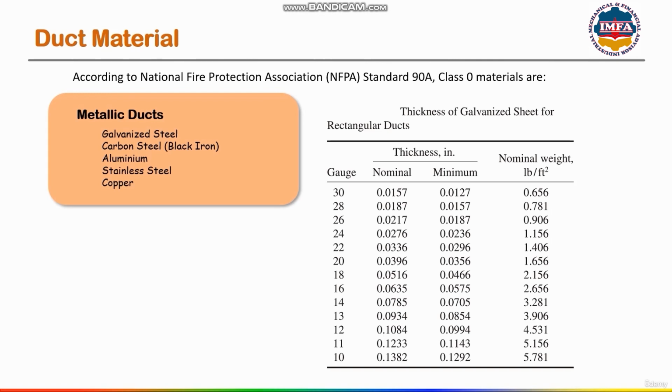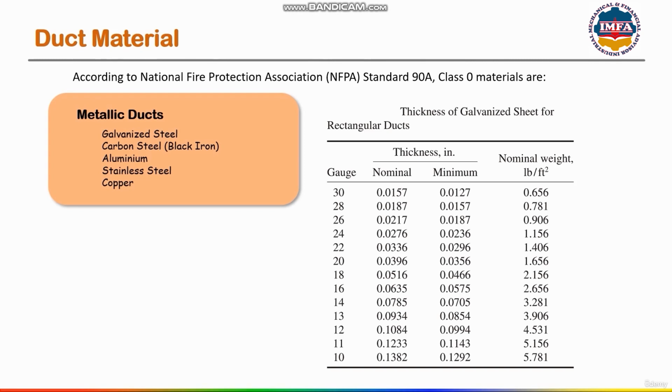Over here, this is nominal weight, meaning the weight of the duct material used for duct construction. Exactly, if you see, this is not weight. I want you to pause your video over here and try to figure out which quantity this is. Alright, considering that you have tried to answer this, this is not exactly weight, but density. You can see this is pounds per square feet. So whatever pounds a material has for 1 square foot of area, this quantity represents that. So this is not exactly weight or mass.